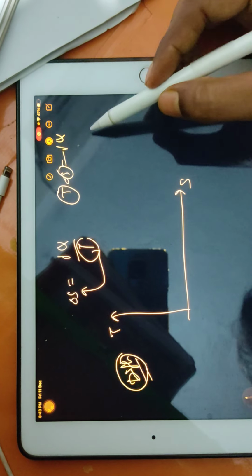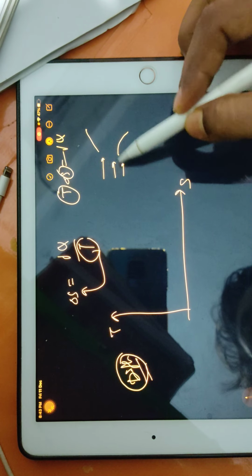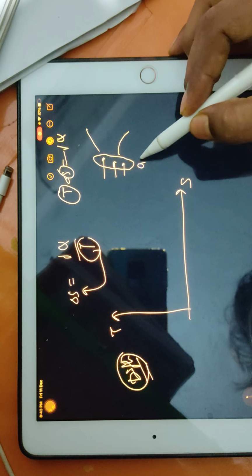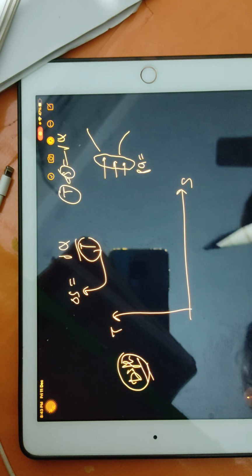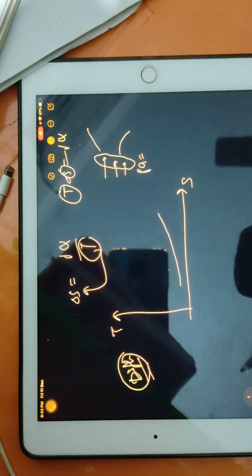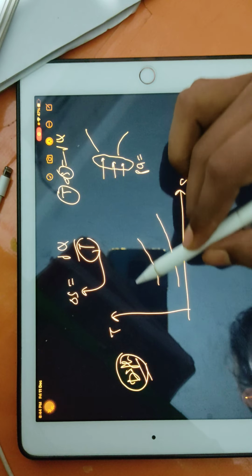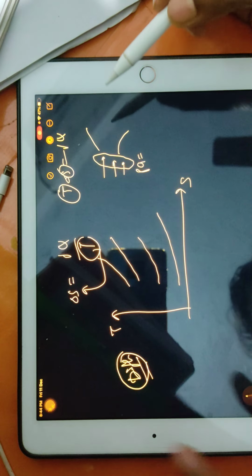So suppose I am drawing the diffuser here. When the air is coming just before the diffuser, the entire air will be at atmospheric pressure, which I will call PA. On a TS diagram, when you draw a pressure line, it looks like this. If your pressure increases, your line will shift up. So these are your pressure lines on the TS diagram.